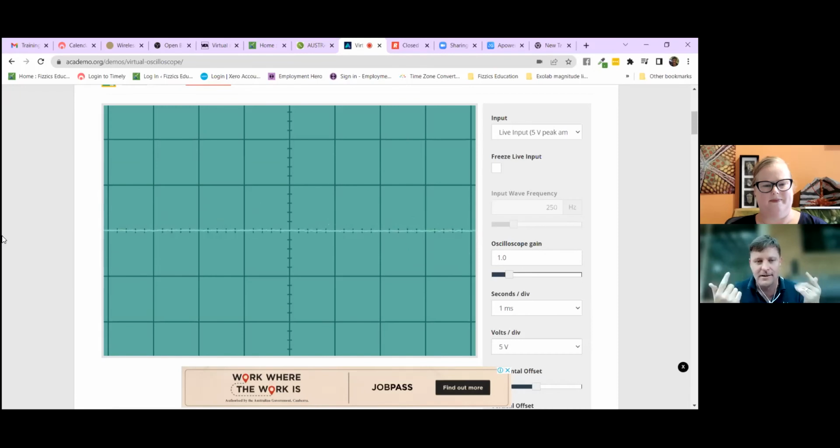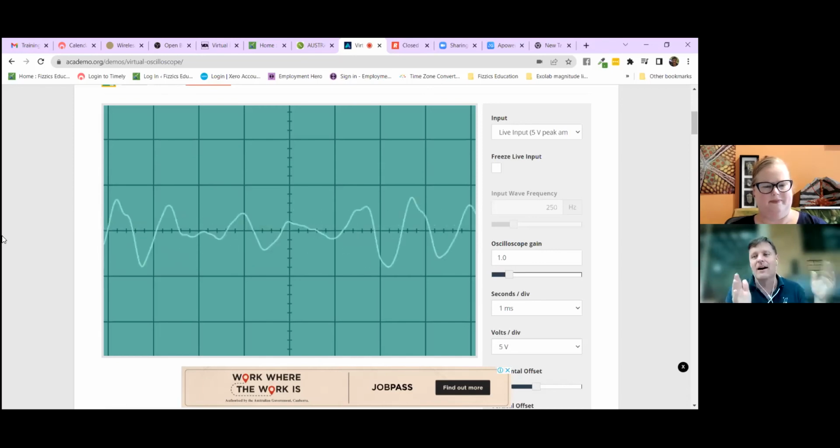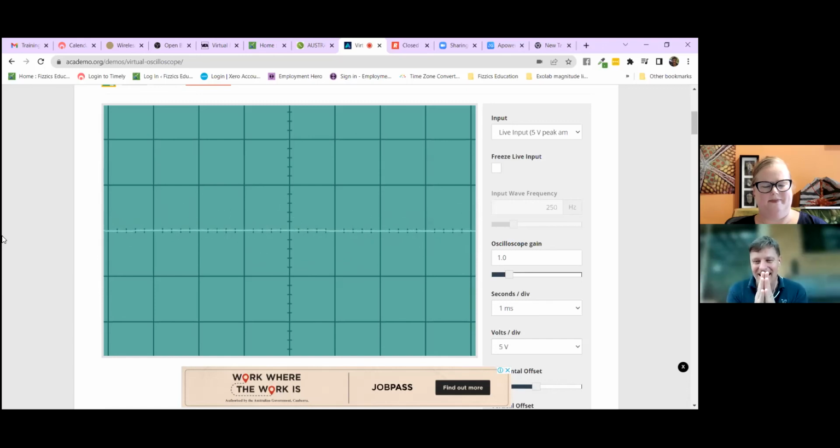I'm in Sydney, and the little wiggly line happens for them, and they're learning about sound. But they also learned about how far I was, because you could actually time how long between a clap and when you saw the wave move. This little side thing, yes, doing experiments is fun.